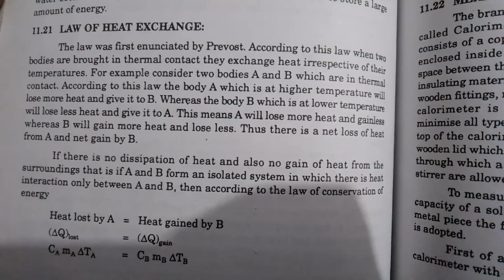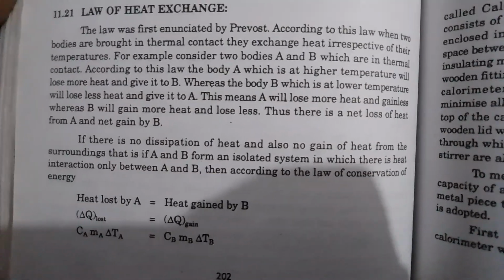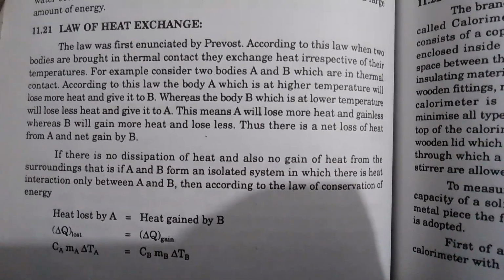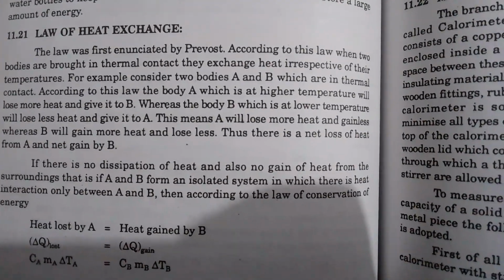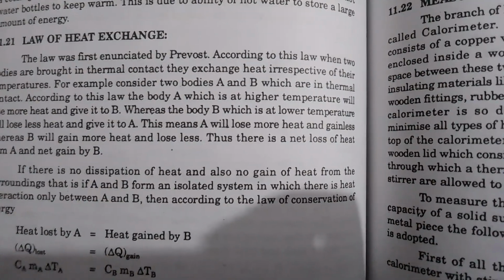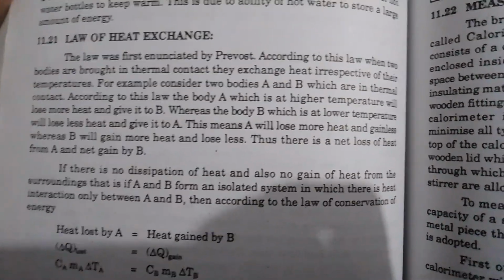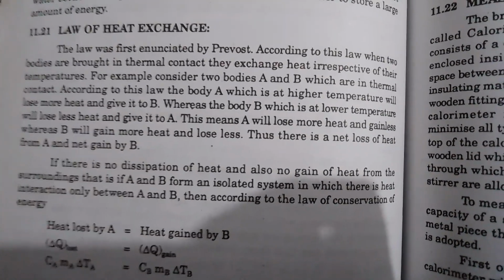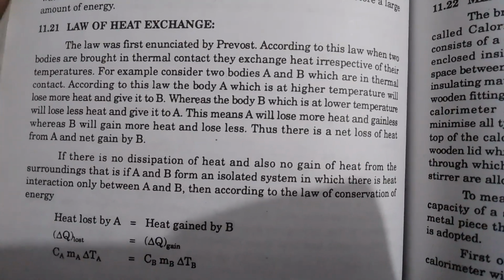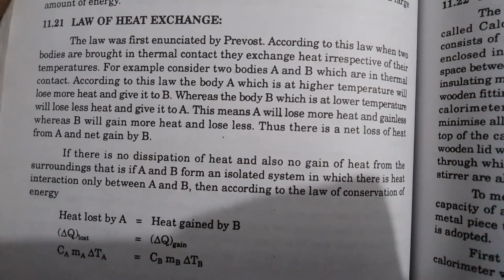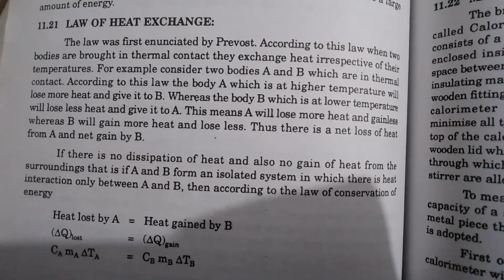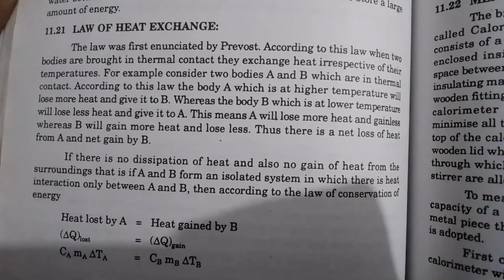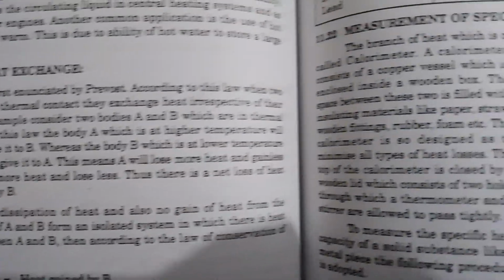Thus, there is a net loss of heat from A and net gain by B. If there is no dissipation of heat and also no gain of heat from the surrounding, that is, if A and B form an insulated system in which there is heat interaction only between A and B, then according to the law of conservation of energy,